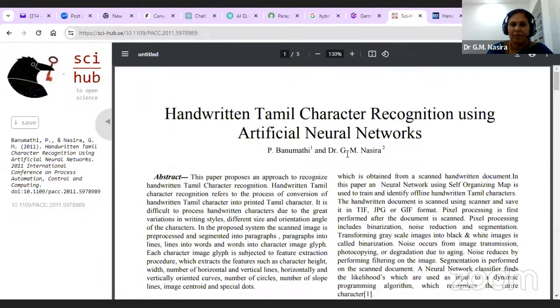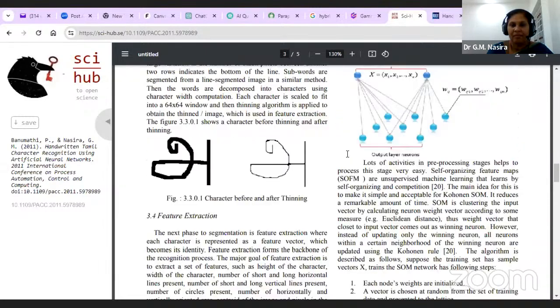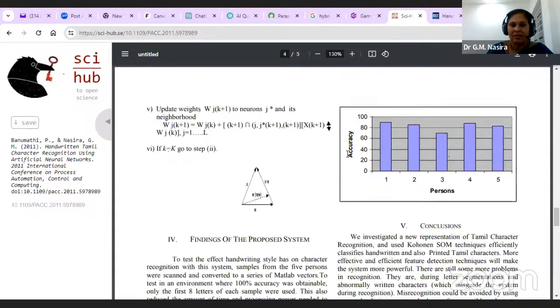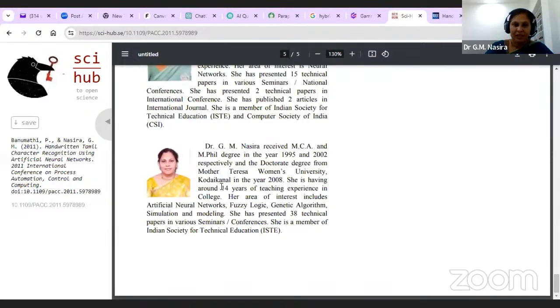So I have given my DOI, and if I click open, I get my full paper. So this is the specialty of SciHub. Please make use of it.